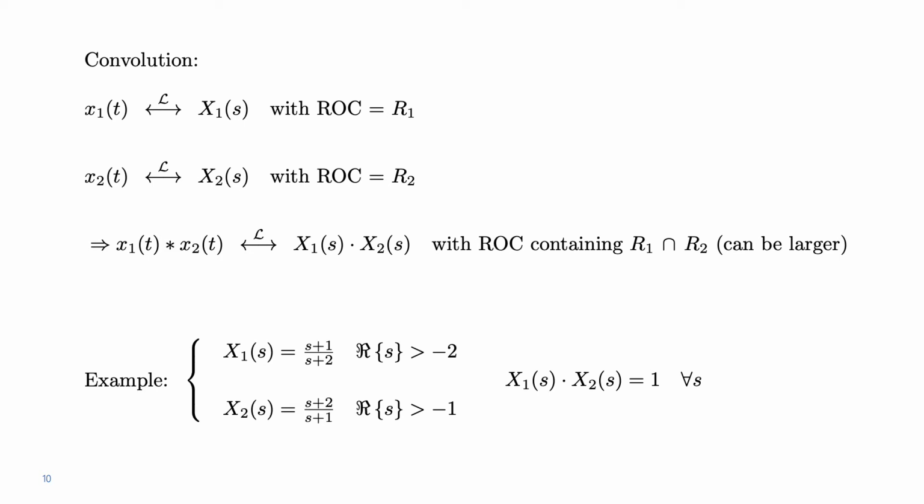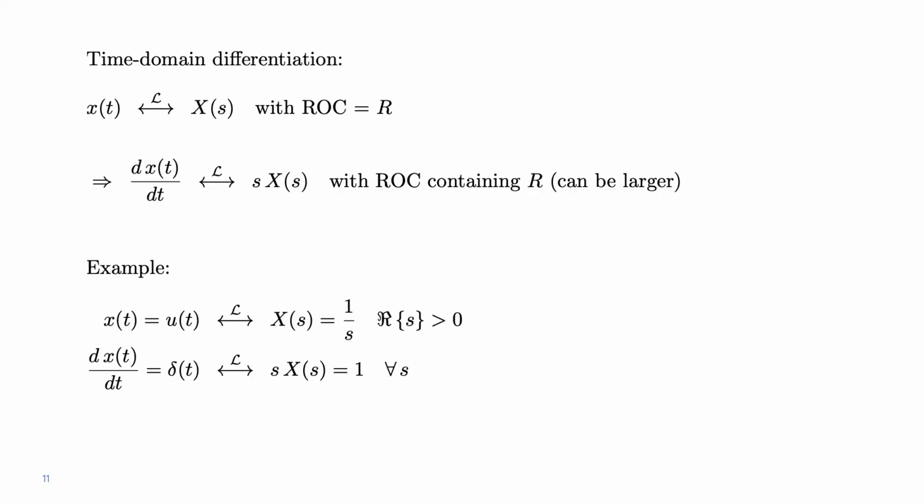But when we multiply them, which is equivalent to doing the convolution of their respective anti-transforms, the product yields 1 because there's a simplification of two zeros with two poles. And of course, a function 1 always converges, and therefore the region of convergence is the whole plane S. So there has been a zero-pole cancellation, and the new region of convergence does include the intersection between R1 and R2, but in this case is actually larger.